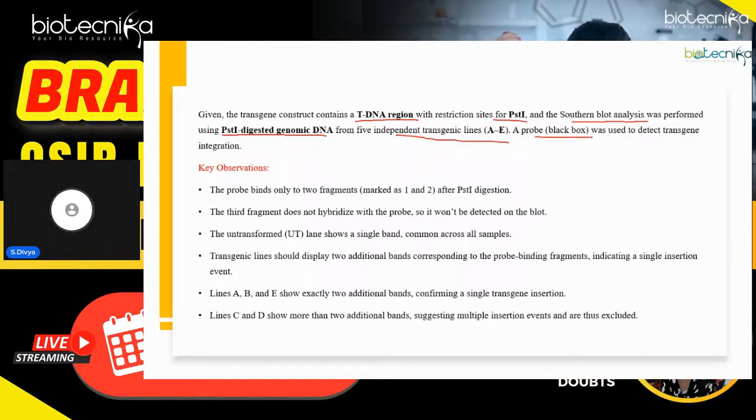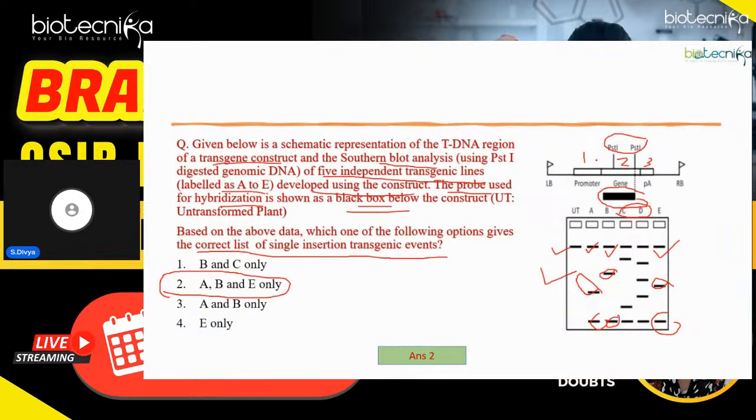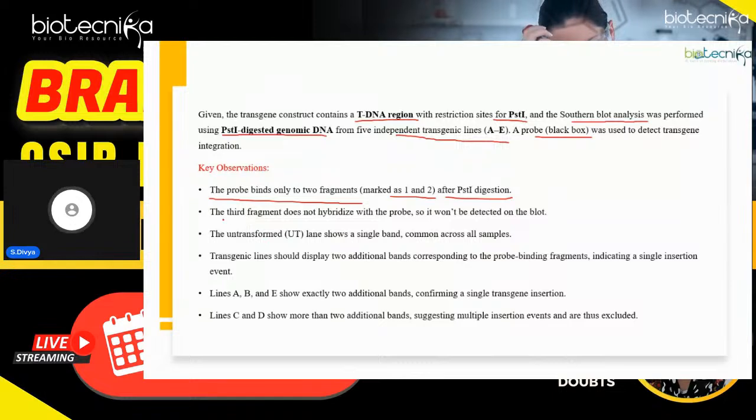A probe was given to identify the transgene integration. So from the probe, these are the following observations. The probe can bind only to the 2 fragments after the digestion, which is marked as 1 and 2. So here I have marked as 1 and 2. After that, the third fragment does not hybridize with the probe, so you cannot get the result within the